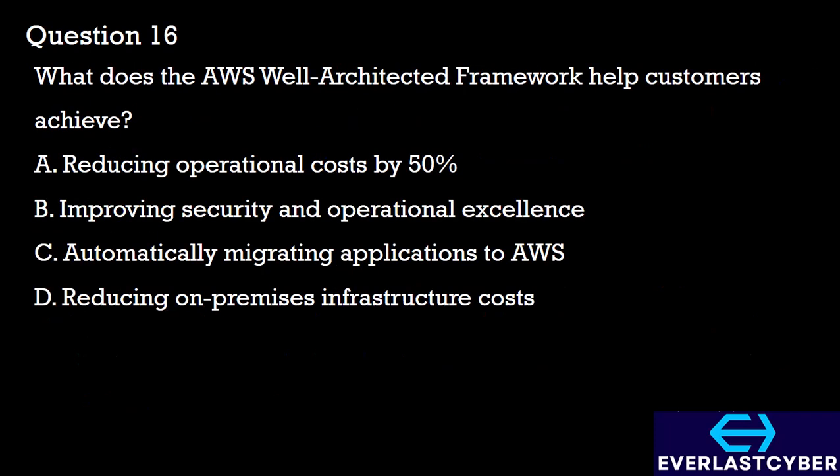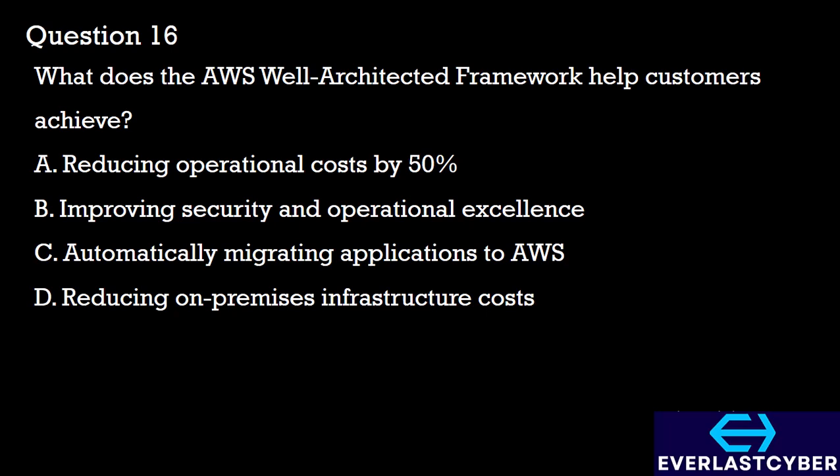Question 16. What does the AWS Well-Architected Framework help customers achieve? A. Reducing operational costs by 50%. B. Improving security and operational excellence. C. Automatically migrating applications to AWS. D. Reducing on-premises infrastructure costs. For option A, while the framework may help identify cost-saving opportunities, it does not guarantee a specific percentage of cost reduction. For option B, the